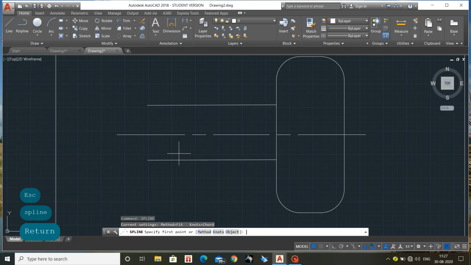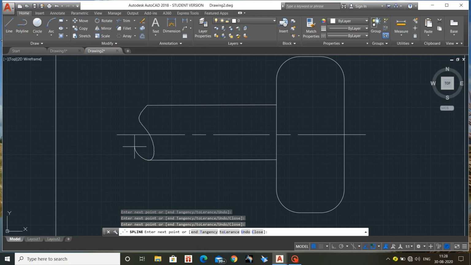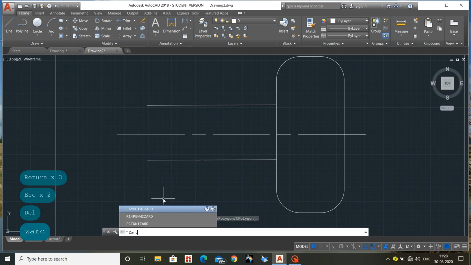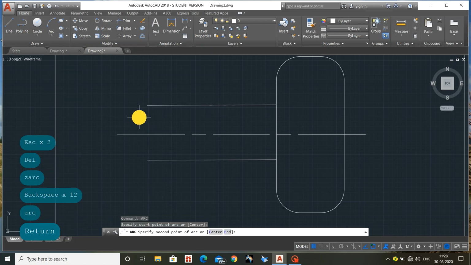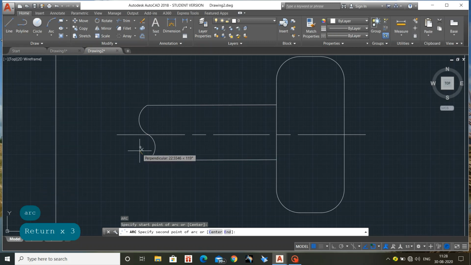So I'm using the spline option here. The spline is for giving curved surfaces. So like this we can use the spline, or we can use a direct curve. I'm using spline. This can be done, or else we can draw it with an arc. See, I'll draw with arc. First point and here, next enter, again from there, again enter from here. Here, see, yes, it's done.